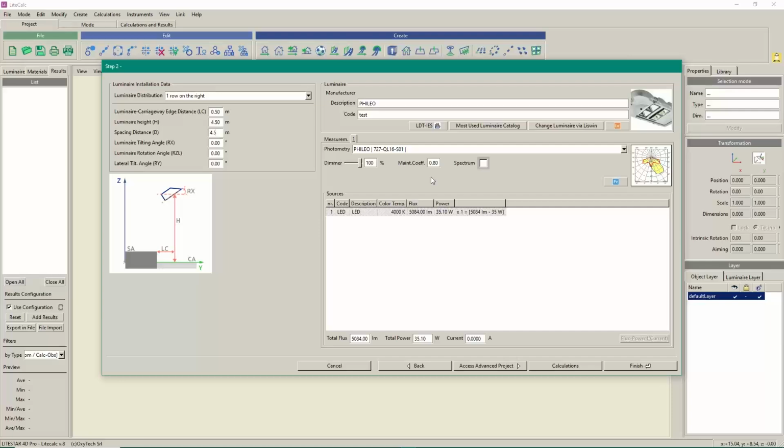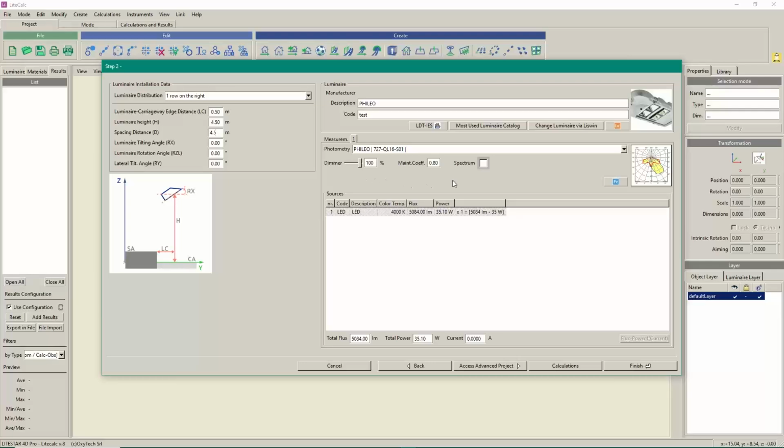So using the dimmer, this is possible, but it has to be done in the proper way, because the 100% of the dimmer means that we are regulating at the highest level of the current. But then we must know which is the lowest level, the minimum level of the current, and which is the corresponding flux,